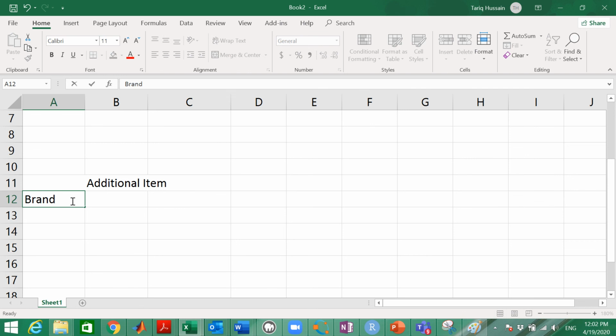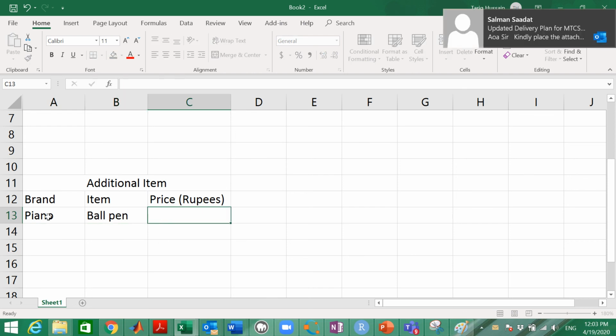It's brand, item, and price in rupees. Again you can write something here, anything about it, for example Piano, Ball Pen, and the price is, for example, 12 rupees.